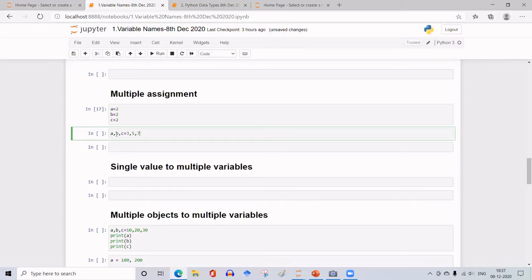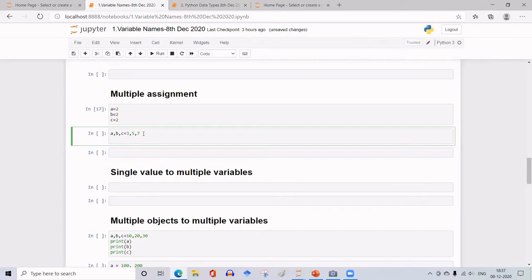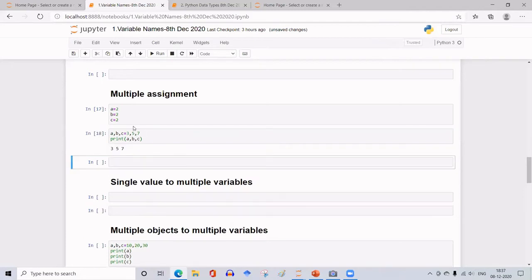A will be assigned 3, B will be assigned 5, and C will be assigned 7. So let me print in the same order A, comma, B, comma, C. So it is printed on the same line. So in the order A, B, C. That is how it has been assigned.